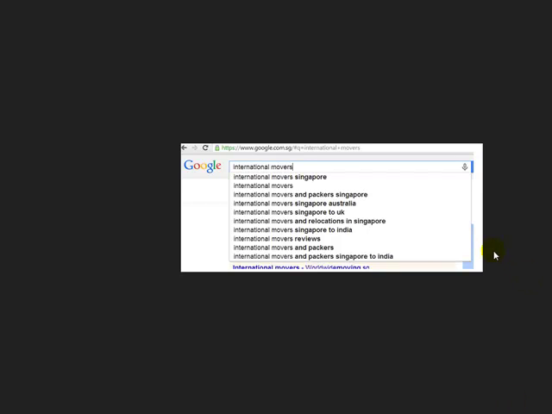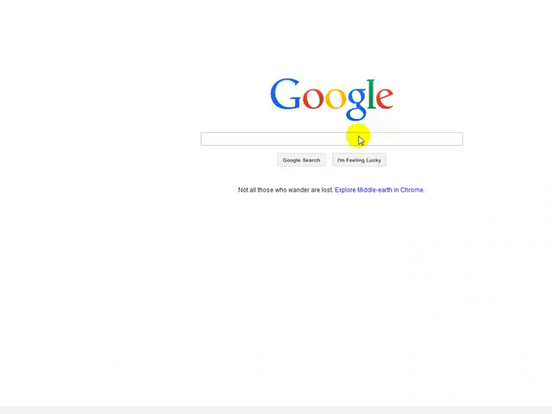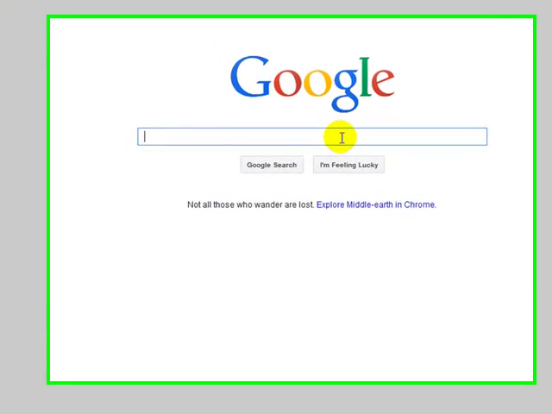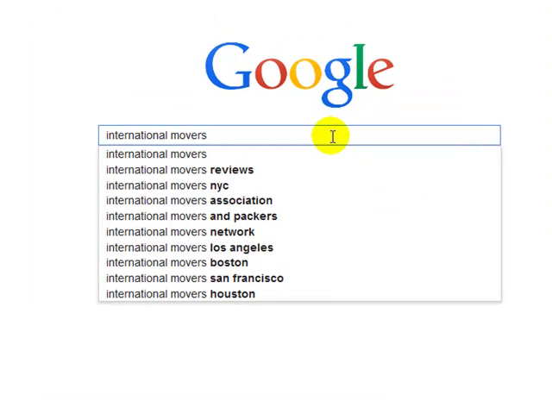Okay, when you're working with HQ Suggest and you only want to get the suggested results from Google without prompting the alphabet such as A, B, C, D after your actual keyword, then there is actually a workaround inside of HQ Suggest that allows you to do that. So for example, if I go over to Google and I type in international movers, then these are the top